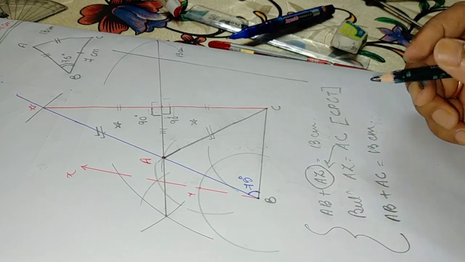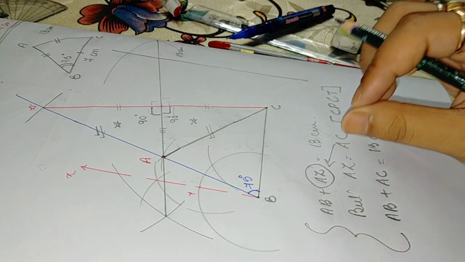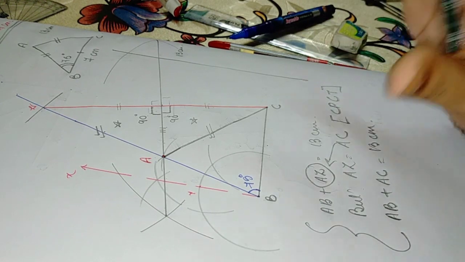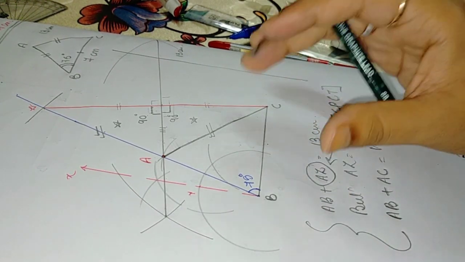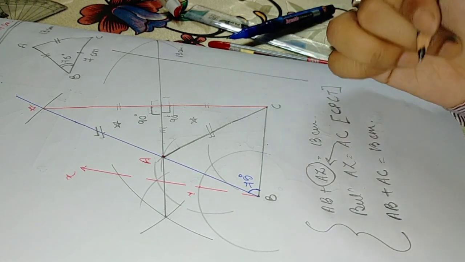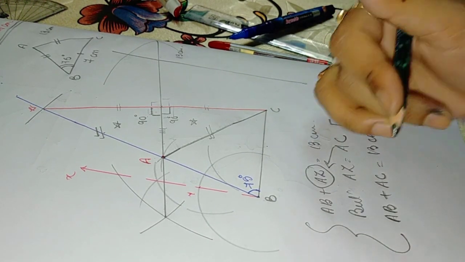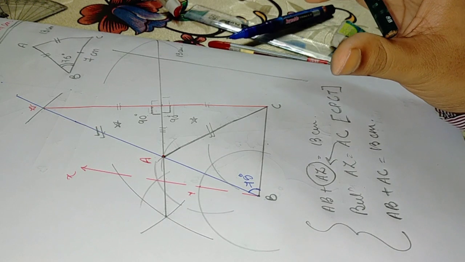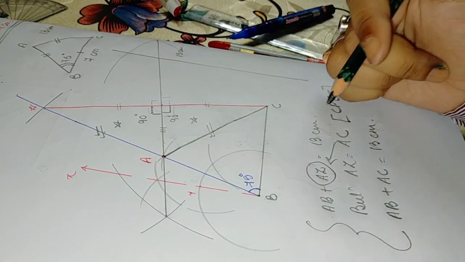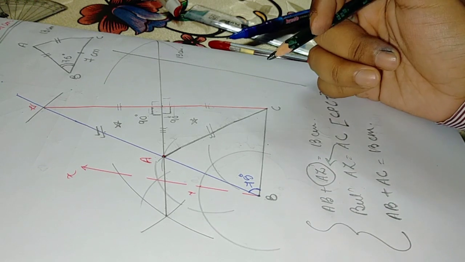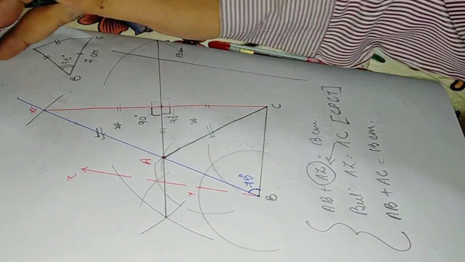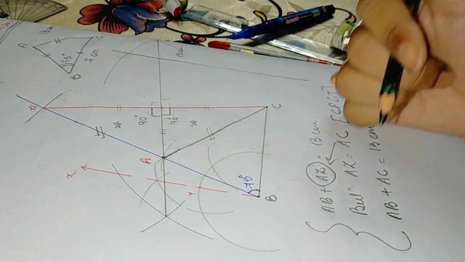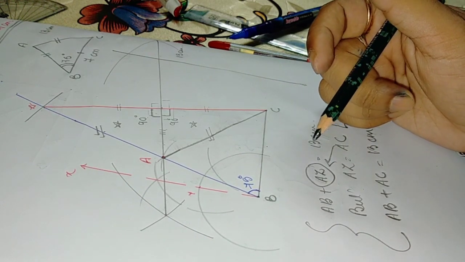Now this particular part is not at all important for you to note down. Okay, I have just shown you this so that you can understand the diagram properly, which will help you to draw the diagram if it comes in the examination. More than that, it is very much important for us to understand the question, understand the solution, and develop that kind of reasoning in our mind while solving the question. So with this, the question is over. Now one part which is very much important, that is step of construction.